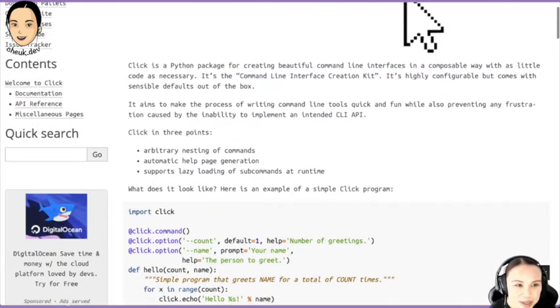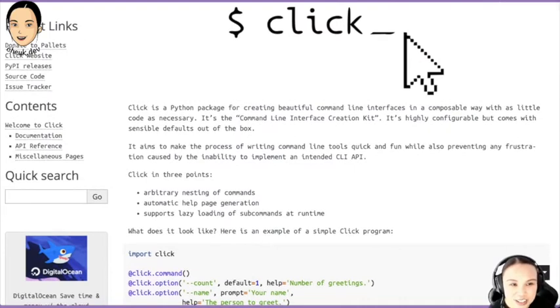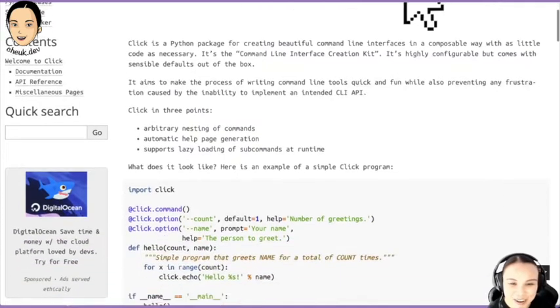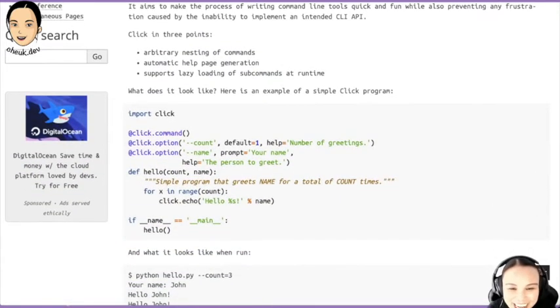Maybe it's command line interface and then CK. I don't know what that is. So I think it's using the CLI here, but I don't know what CK means. Maybe creation kit, maybe command line interface creation kit. Maybe I'm just dreaming. Anyway, you can see that we have created a command that is hello,